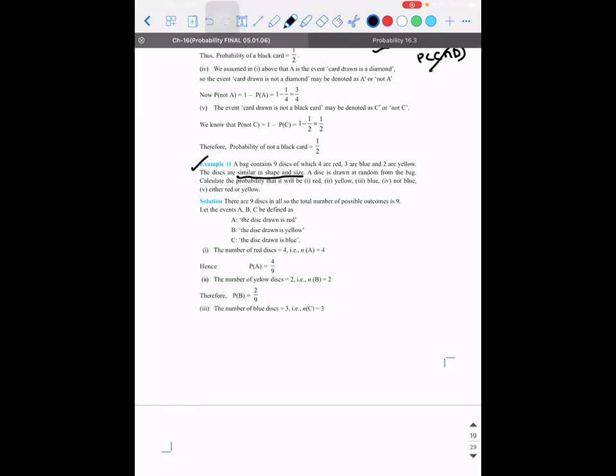A disc is drawn at random from the bag. Calculate the probability that it will be a red. So only difference is you need to describe the event before you proceed. So how many colors are there? 3 colors. I'll tell you how to choose. So 3 colors means try to introduce 3 events. So what are the 3 events? Event A will be the disc drawn is red. Event B will be the disc drawn is yellow. Event C, so they have described it like that. If you want, you can take it in the order also. So A can be for red, B can be for blue, and C can be for yellow. But I'm just going with the textbook one. Or else, however you are comfortable, I'll go with it.